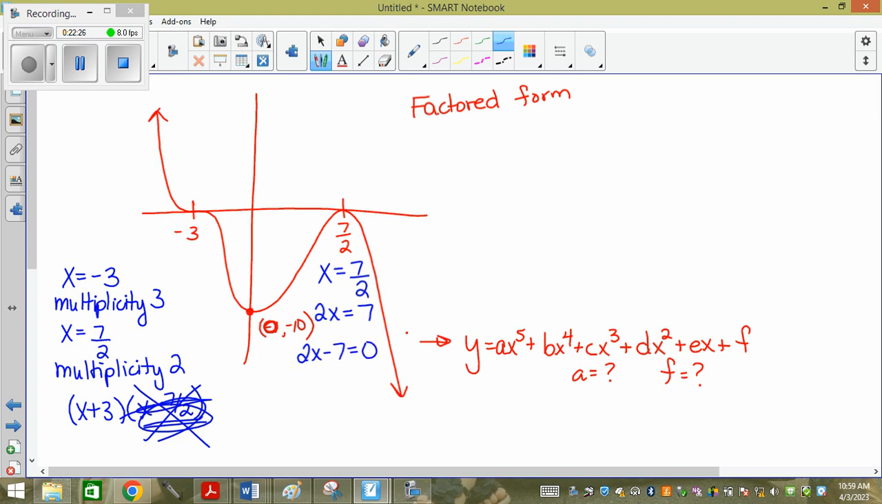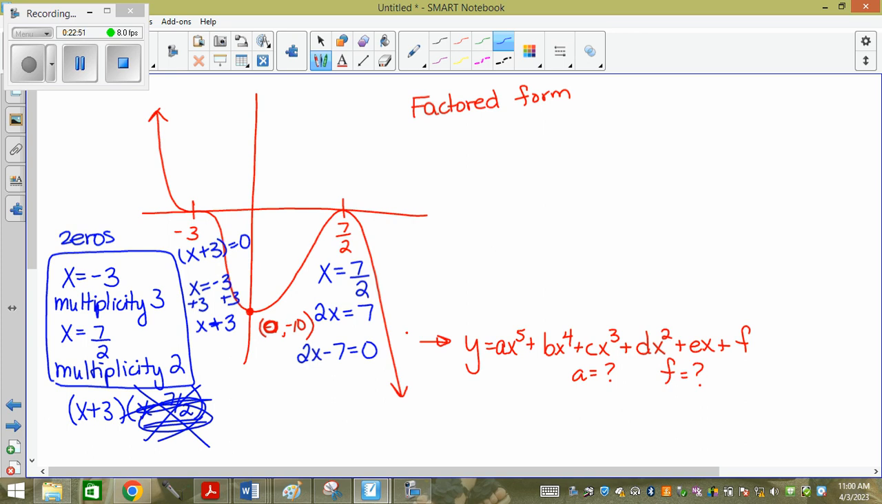So yes, this is true about the zeros or roots or x-intercepts. But you have to remember when you work your factors back, this one is x plus 3. Why is it x plus 3? Because you had x equals negative 3 and you added the 3 back. Right? Same thing here. If you have x equals 7 over 2, you have to multiply the 2 up and